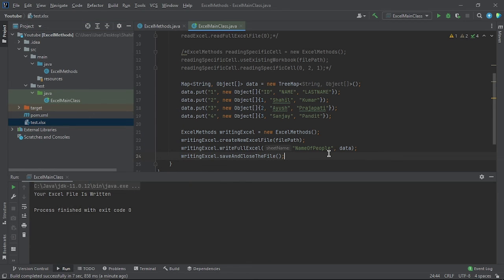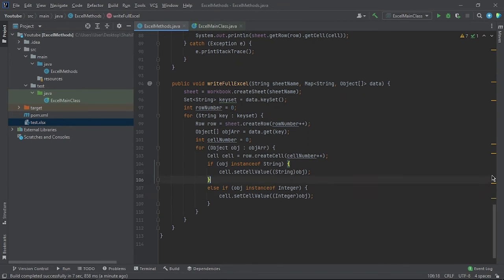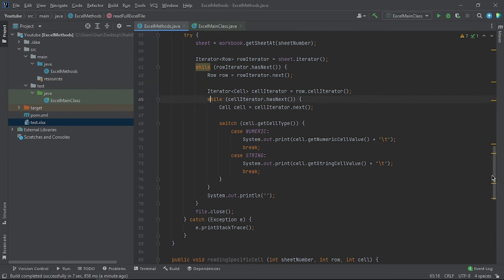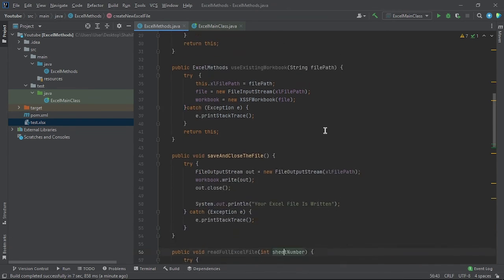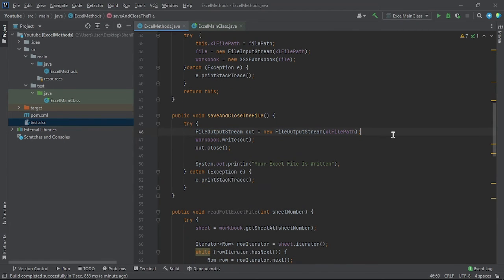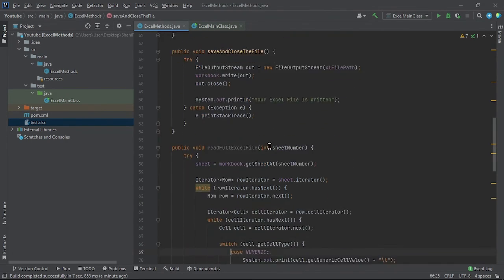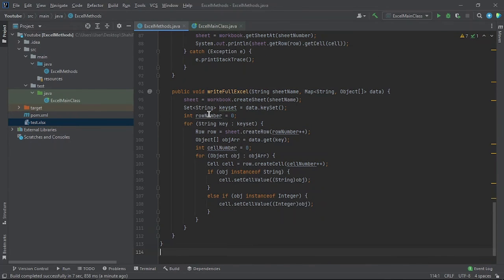So let me go through the full code again. Let me explain in full. So first of all, we are creating this file. For creating the file, we are going to take the Excel file path and set it over here, and then we are going to create a new workbook, means the Excel file. Then for saving the file, what we are doing is creating a file output stream, and then we are going to save the file, and then out dot close, we are going to close the file. And in the write full Excel, what we are doing is first of all creating the sheet with getting the name of the sheet from the people,